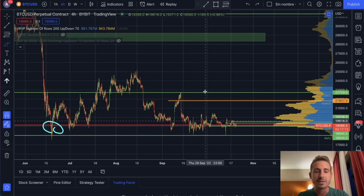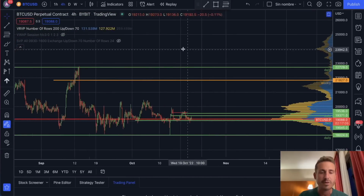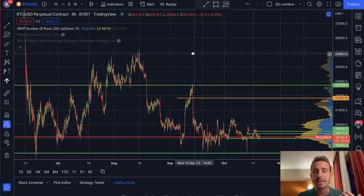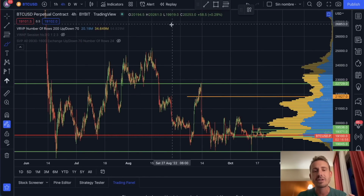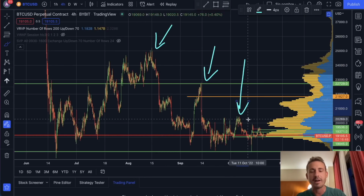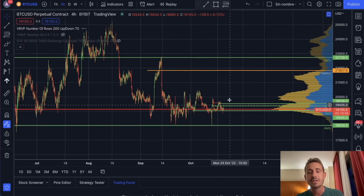Where it has been holding for these months. If I do zoom in here, if we take a look at the last few months, the same point of control is there. As you can see at this $19,000 range, 19,000, 19,100, it's getting weaker and weaker. And why is it getting weaker and weaker? Because we are creating massive selling pressure, lower highs, as you can see here on the chart. Every time it is creating a lower high, and of course at some point this support range potentially can get